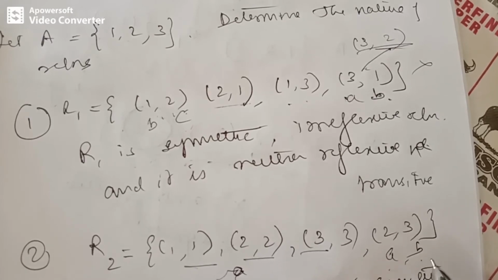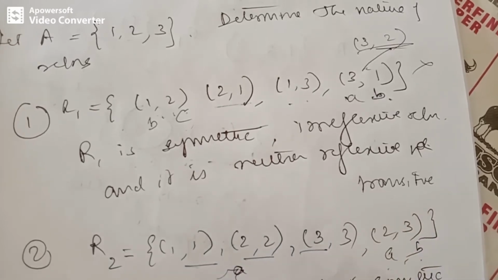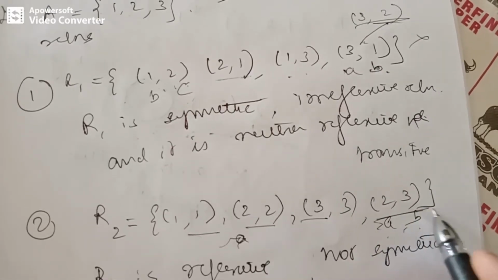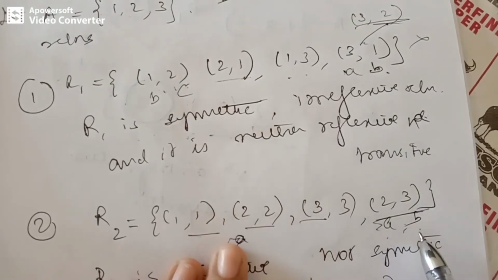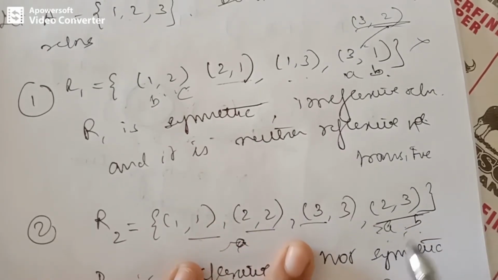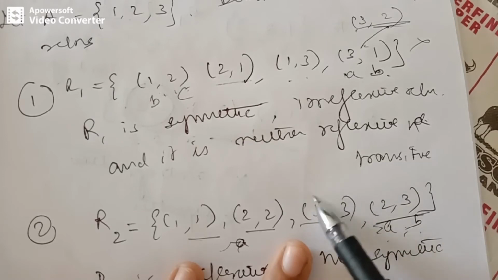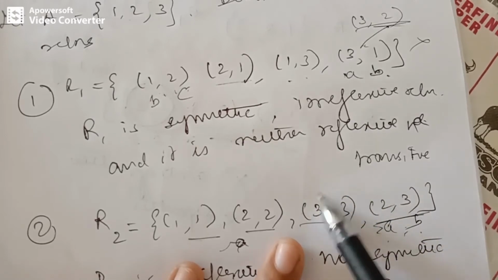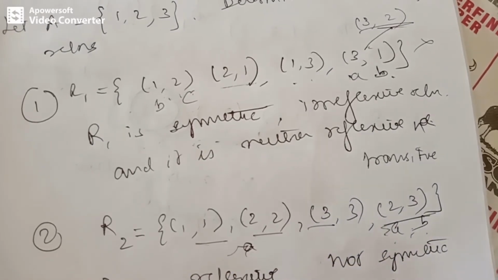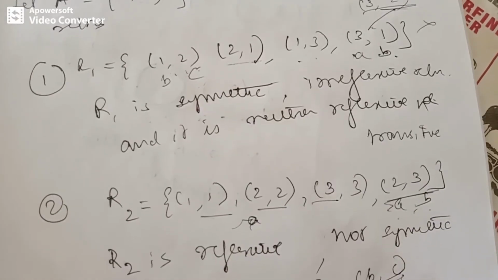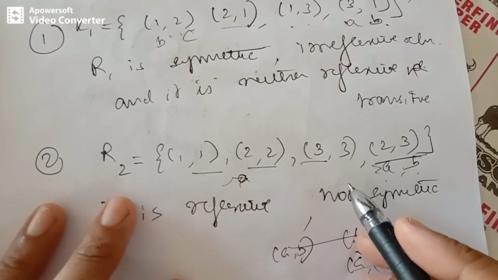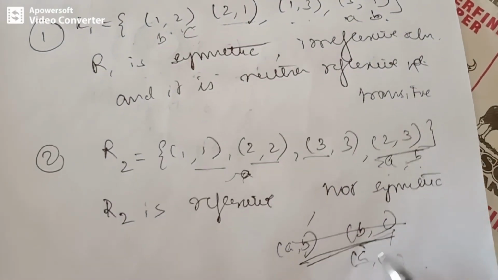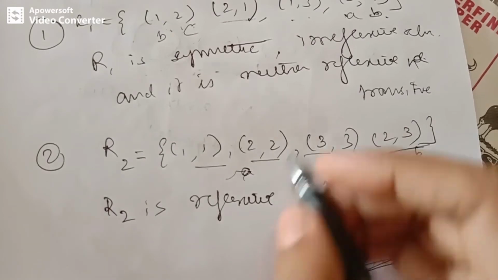Obviously, we can say that since I do not have, see, I have got A comma B over here, right? But I do not have any B comma C pair. Do I have it? No. These are the same elements like B comma B or A comma A or C comma C. Do I have a B comma C pair such that I can verify whether A comma C belongs to R? No. Therefore, we can clearly say that, see, whenever we have got these two pairs, we need to check for this. Otherwise, it is transitive.